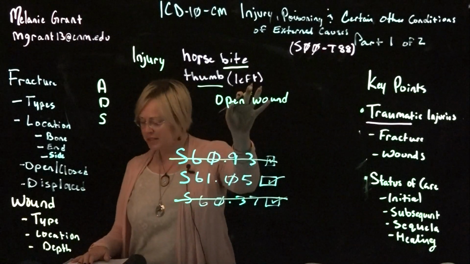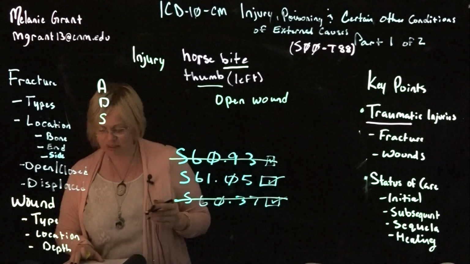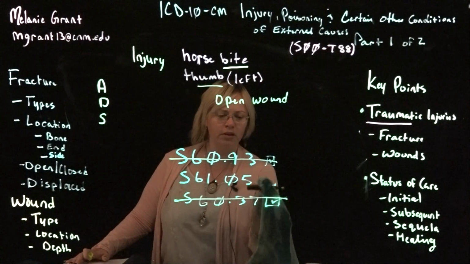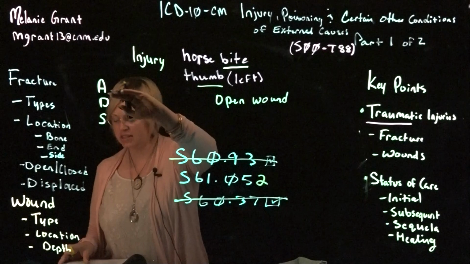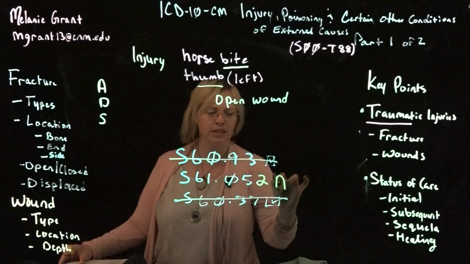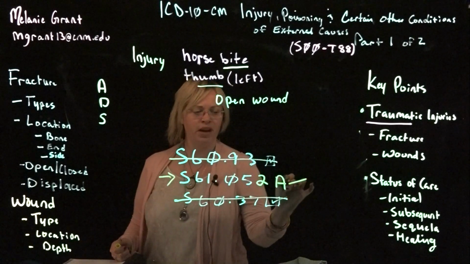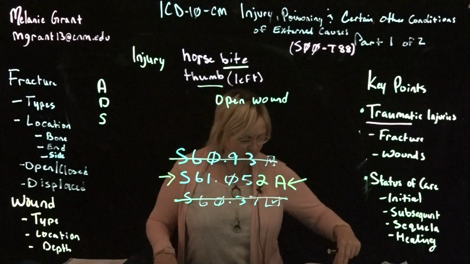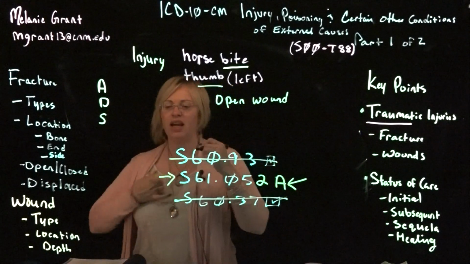We identified that it was the left, and so we're going to be looking at S61.052, and then our 7th character is required. Okay, so we're going to look, is this the initial, a subsequent, or sequela encounter? And in this case, it is the initial. And so we have our code S61.052. And if you would like to code the external causes, that would be something that we would do with coding chapter 20, but you would have a cause